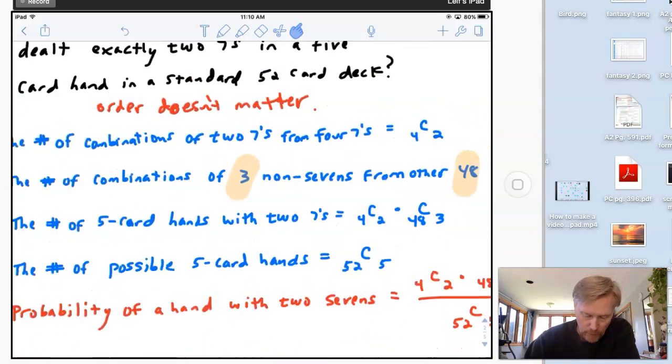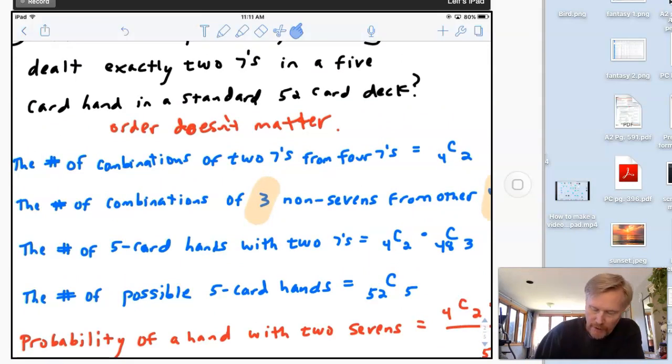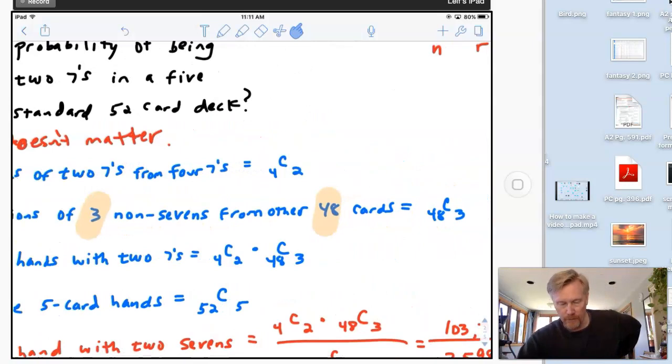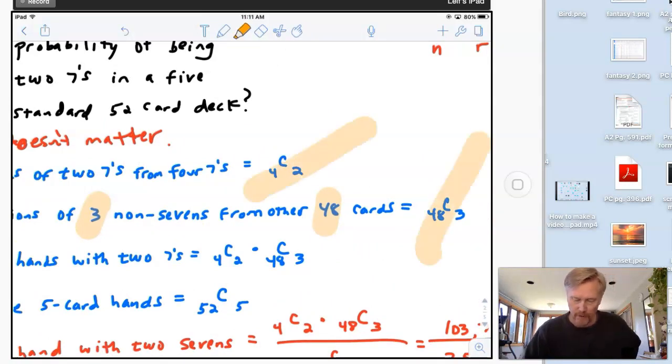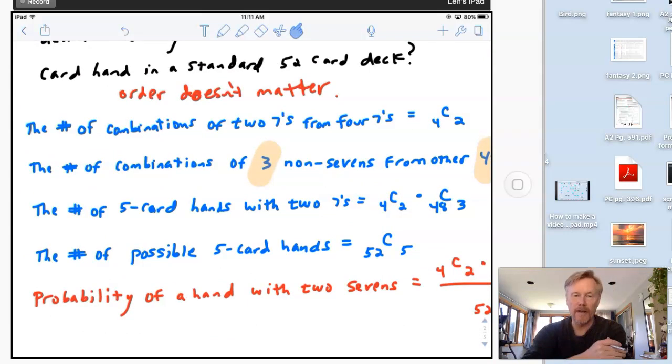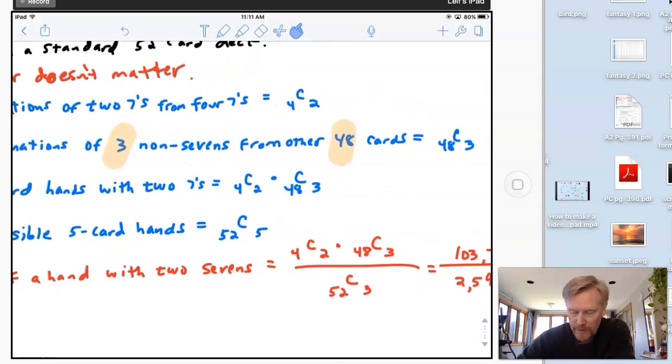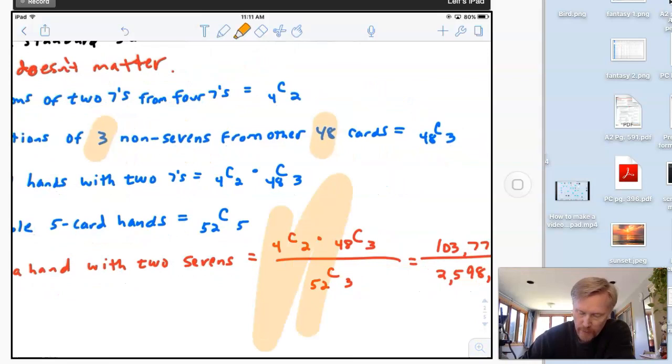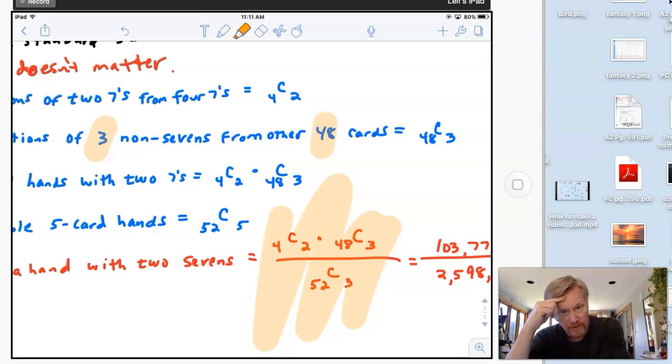So if I'm looking for the number of 5-card hands with 2 sevens, I multiply those 2 things together, the 4C2 and the 48C3. I'm multiplying these 2 together, and that will be the numerator. The denominator is going to be the total number of possibilities for 5-card hands, which is 52C5, okay? Which means I did all that, and I'm just pulling that together. And this is the big thing that I came up with: the 4C2 times 48C3, divided by the total number of possibilities, which is